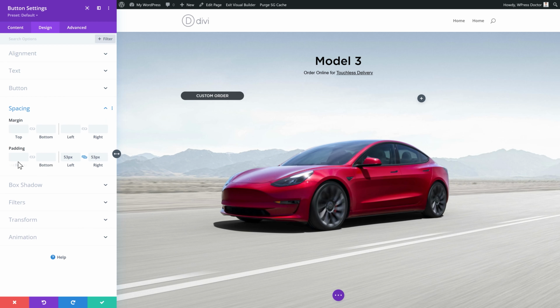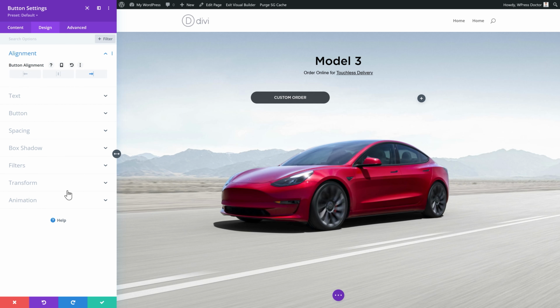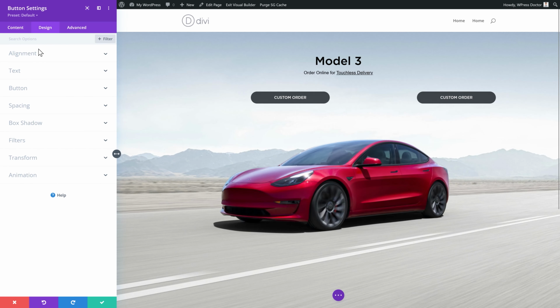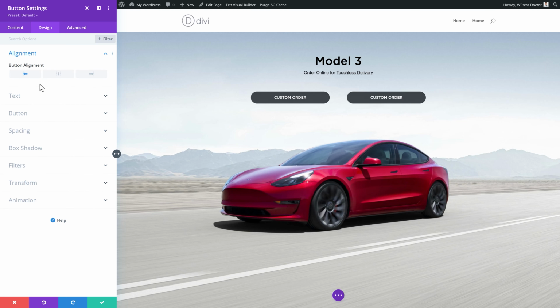Now we also have a top and bottom padding of 15 pixels, 10 pixels I think, and it's even wider like this, 80 pixels. All right, let's align it on the right side. Then we're just going to copy paste this entire button to there. And we're going to go to design, go to the alignment, make it on the left side.